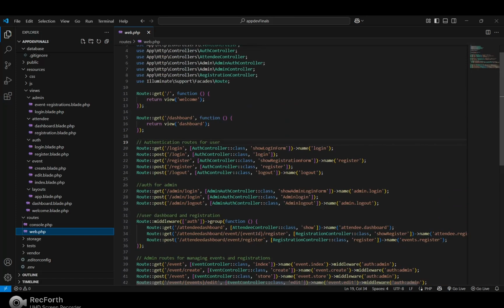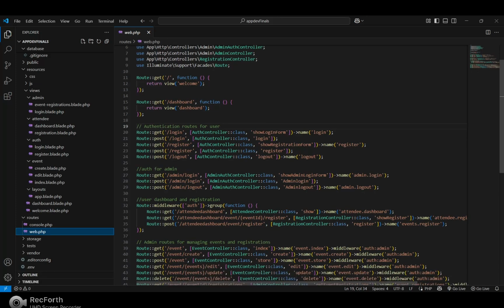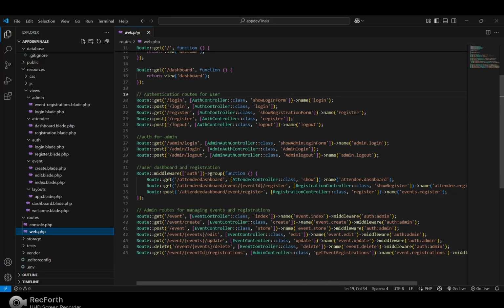And lastly, I'll show you the routes of my project. Here is the route for the welcome page. This is the dashboard, which shows you like a landing page. There are comments. First are the authentication routes for users, with login, register, and logout.